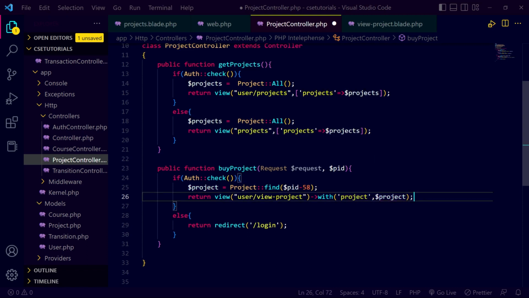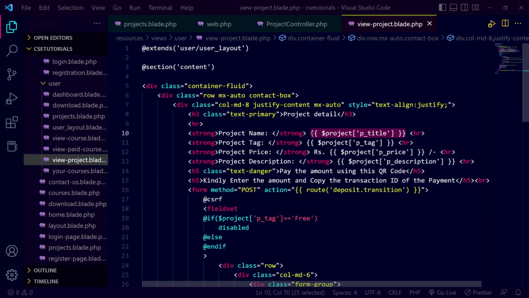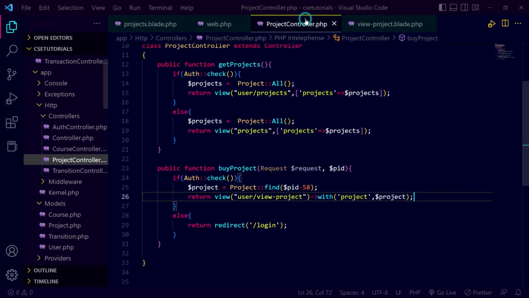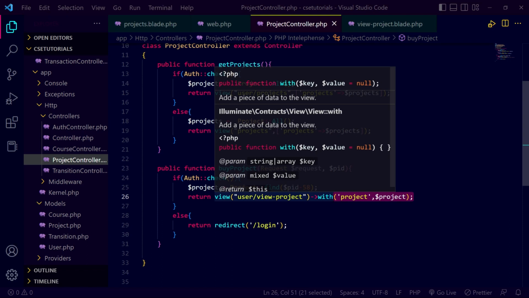Now I can fetch the data like this, project p title, or whatever it is. The problem is that in the with function you have to pass two parameters. If you pass a single parameter, it will throw an error.